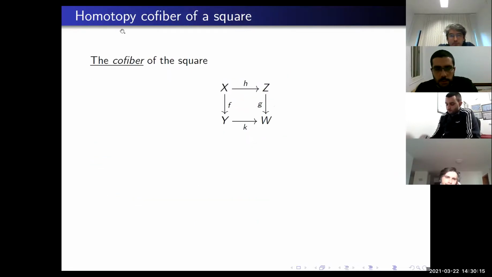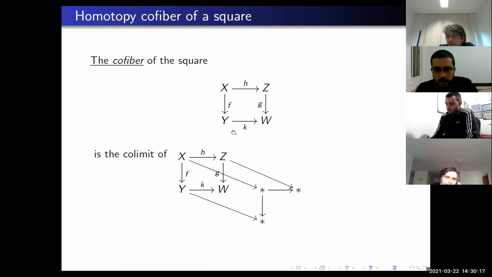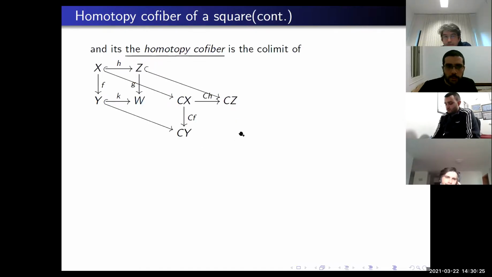So the cofiber of the square is this, okay? The colimit of this. And the homotopy cofiber of the square is this, the colimit of this, okay? You can imagine why we defined it, because